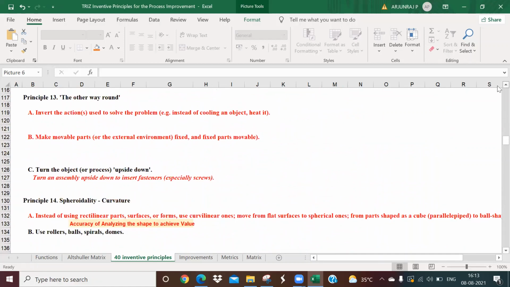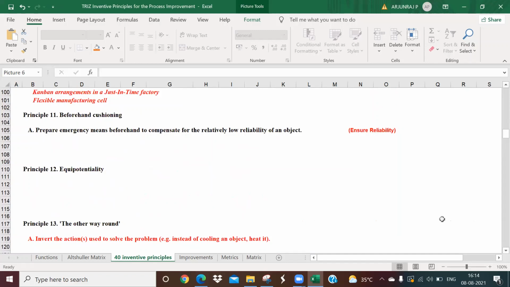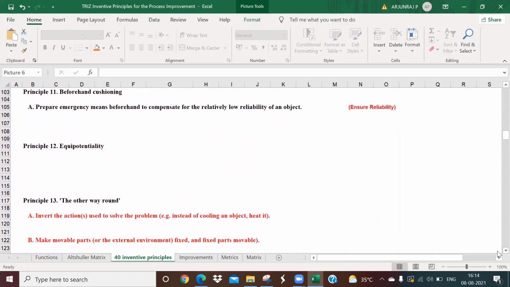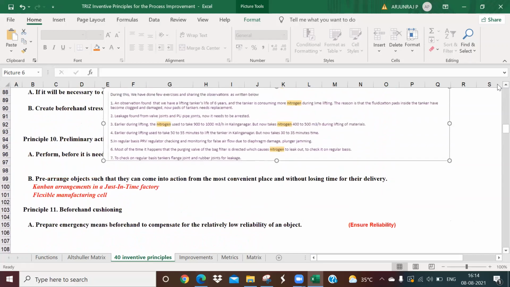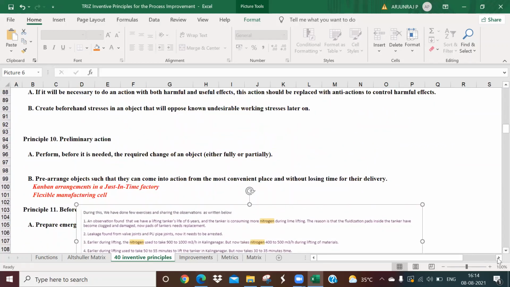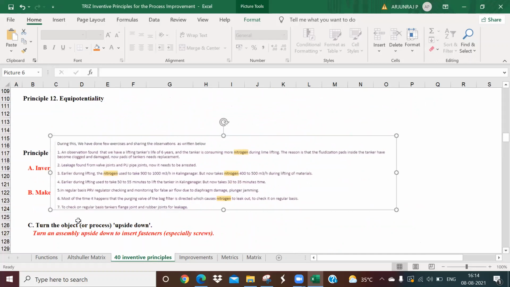And the next one is a kind of the UP potential, which is nothing but changing the dimensions. And the other way around, you have to do it in another way. You have to reverse the process. Reverse means you can do it upside down, but without affecting the function. That is very important. How you are going to check it? How those ideas can also be brought using that.